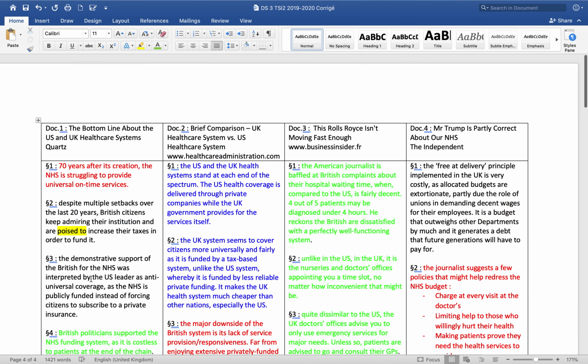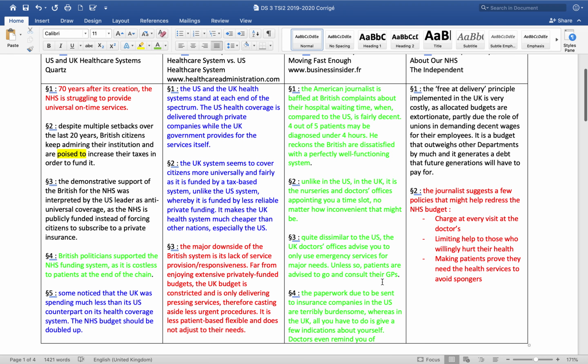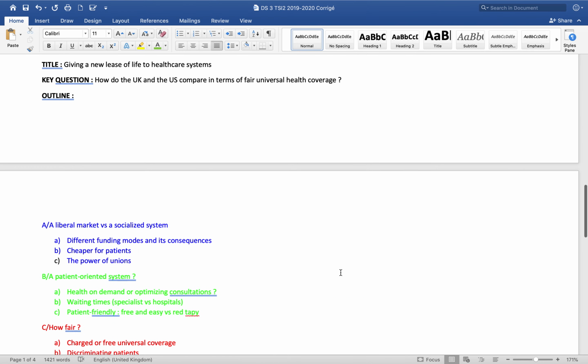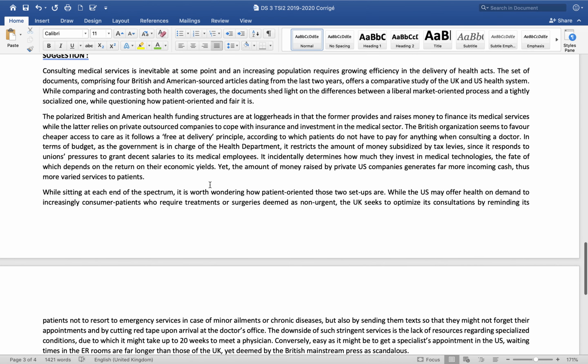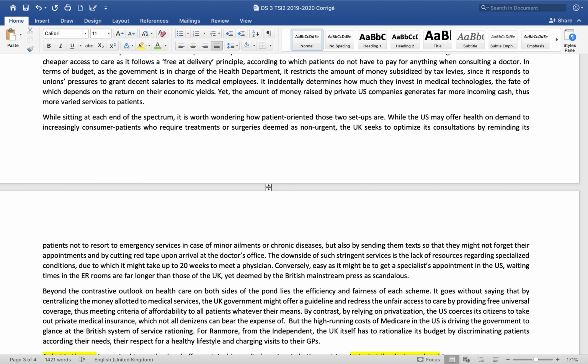So depending on which side you're on, you either socialize the system or you privatize the system or you make it more difficult, as this journalist is suggesting. But you're trying to stimulate the system in order to make it more efficient. It was not an easy subject. What I will evaluate in your papers later on in the day is how you manage to organize your ideas. I will not penalize you if you do not understand everything, but at least if it's coordinated and structured, this is what I will try to reward in your papers.